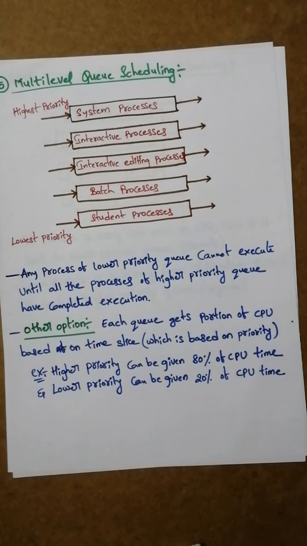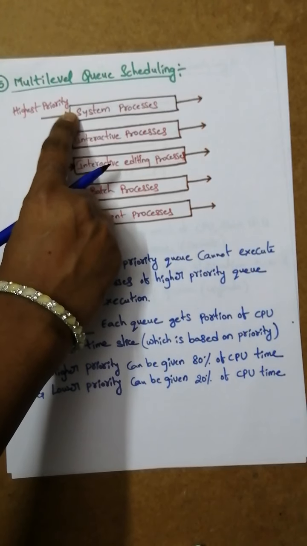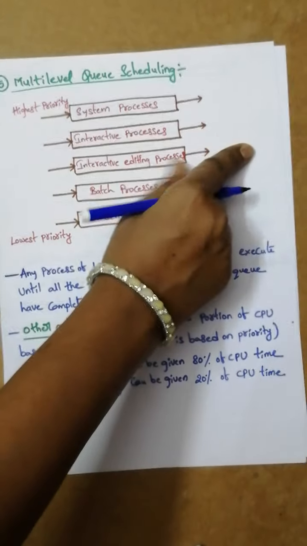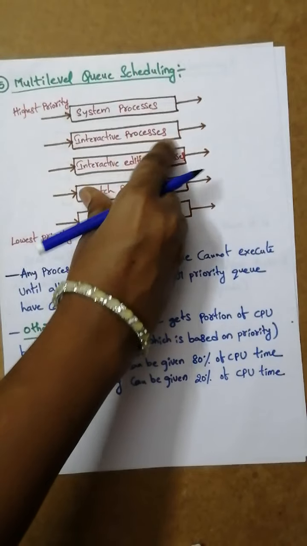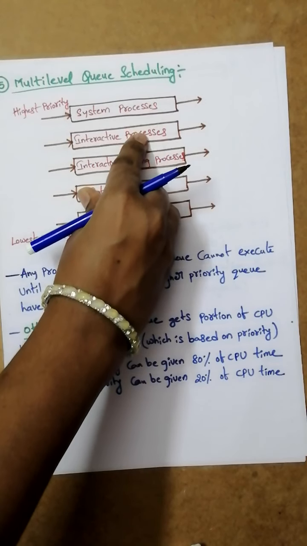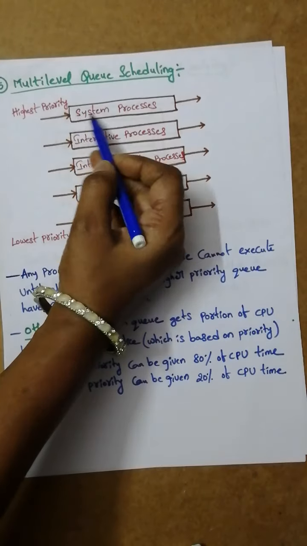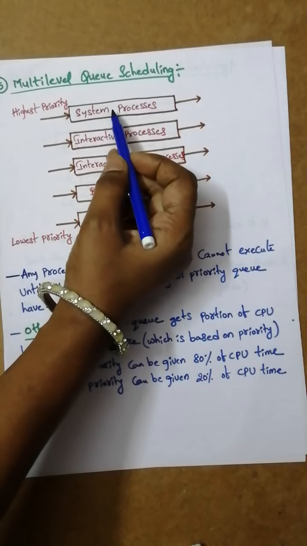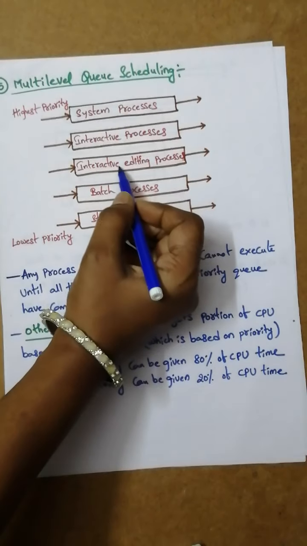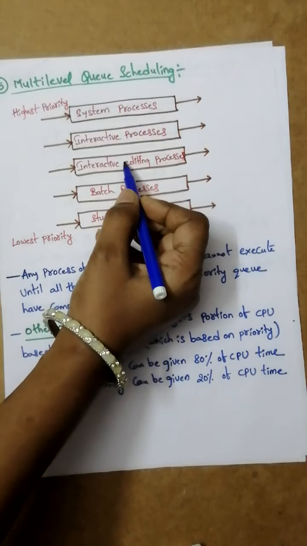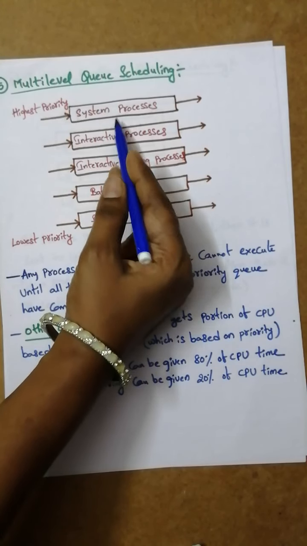Now when the CPU is idle, the CPU is first given to a process in the higher priority queue. Imagine that the CPU is here. Now the CPU is given to a process waiting here. The next process in this queue will get the CPU only if this entire queue is empty. That is, if all the processes of this queue have completed their execution, only then will the CPU go to the next queue. And again, if any process in this queue wants to execute, the condition is that the above two queues are empty, that is, there is no process in the above queues.